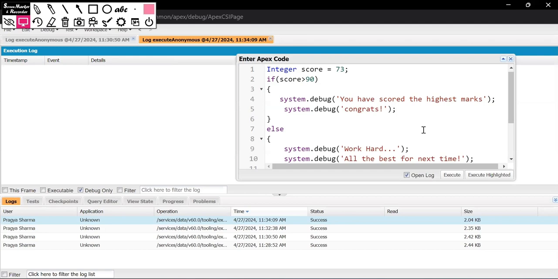So now we have more than one statement. So in this you have to use these curly braces. Because if you want both the statements to be part of the if block, then you have to use these curly braces. So now if I go ahead and execute,